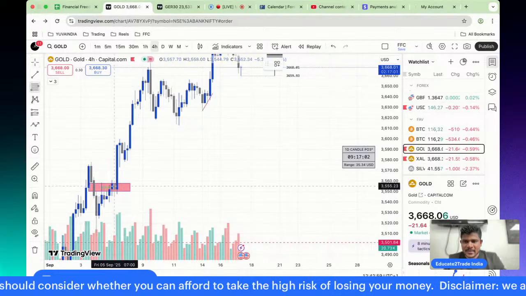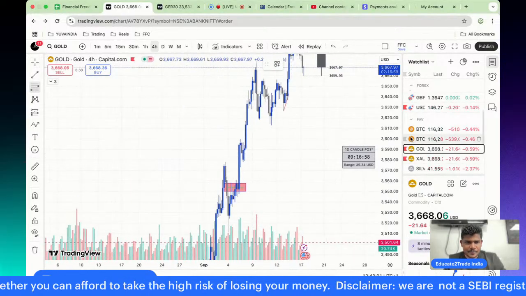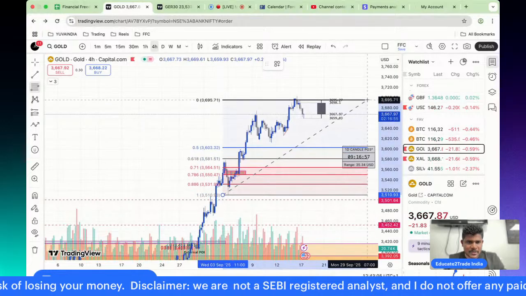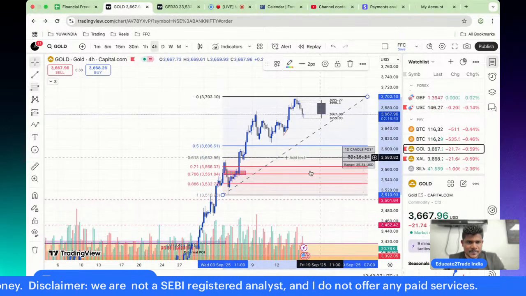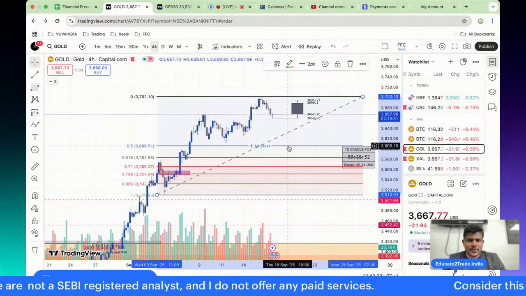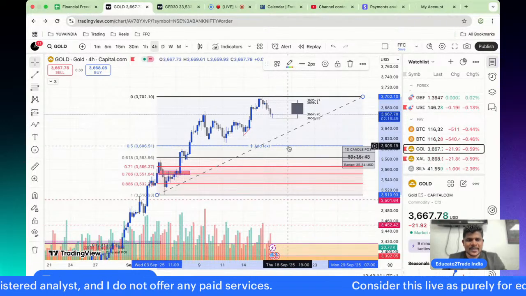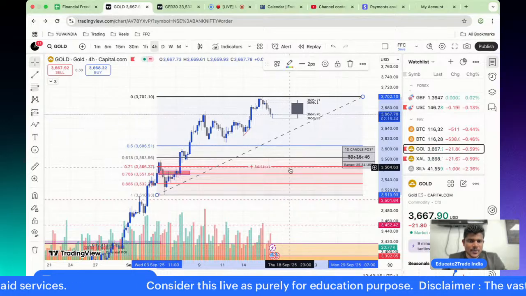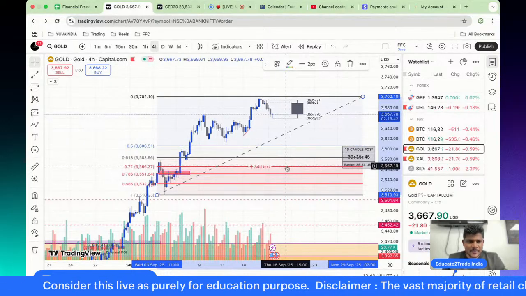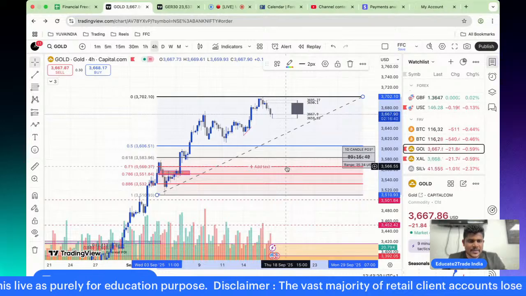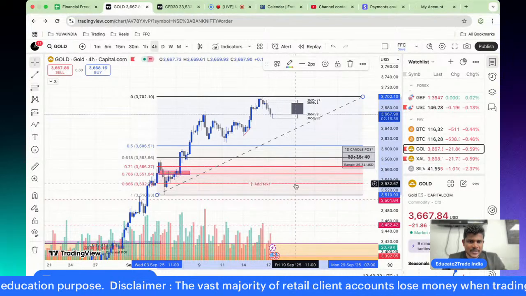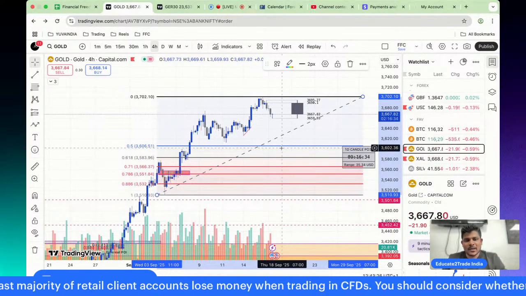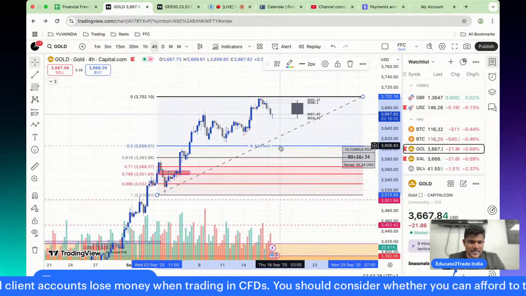I'm considering this particular structure, and this is the targeted zone which we were talking about, which is 3660. If it goes below, I won't be surprised if the market is pushing beyond 3566 to 3532. But my first target, which is long enough for the day for the FOMC as well, which is going